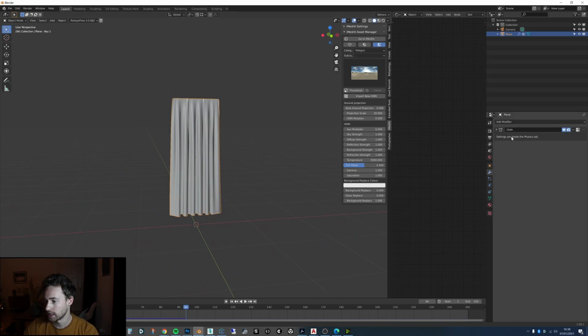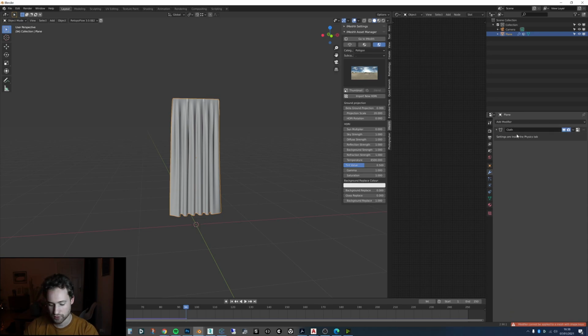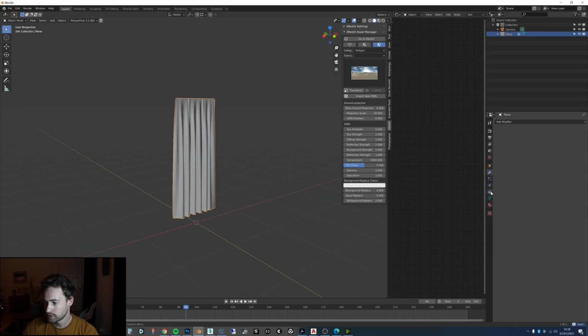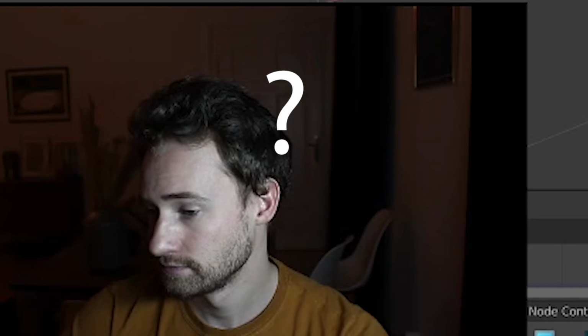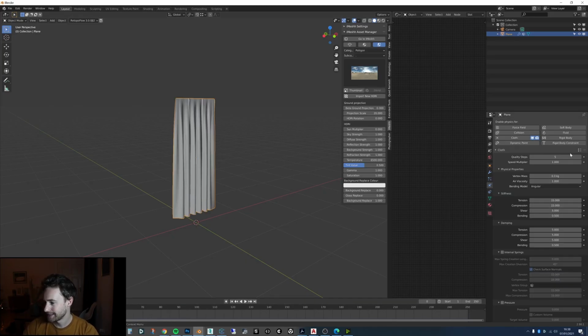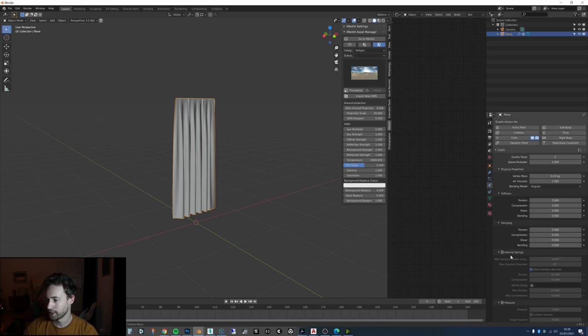What I'm going to do now is apply the cloth. Oops, okay, I need to remove the shape keys, and then I can apply this. You do Control A and then it applies. So now we have a curtain that's ready for some simulation. What I'm going to do now is add the cloth back again and go back to frame 0, there we go, and put this to silk, and we can go back to the collisions, pin groups and the collisions. I'm sure that there is an easier way, and I'm waiting for the comments to tell me the easier way, but this works fine.